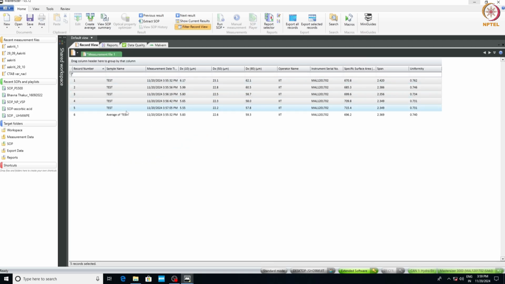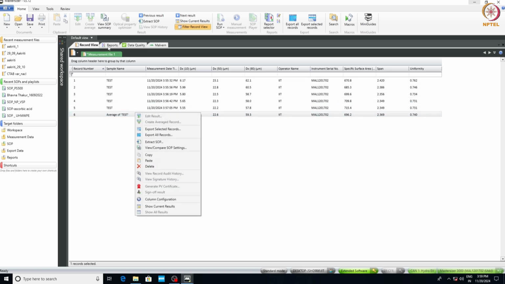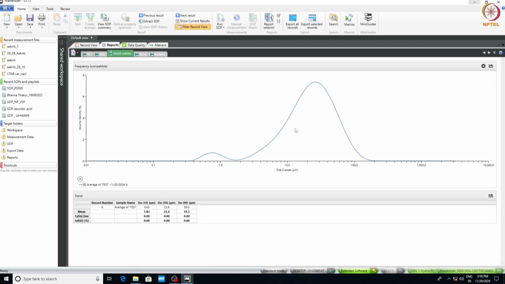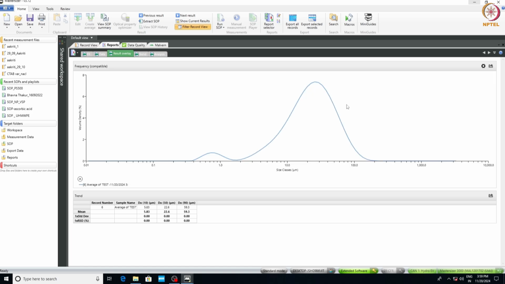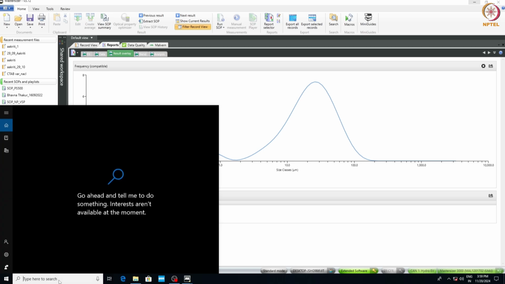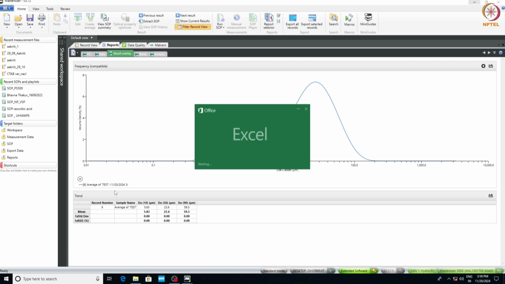Select the average values here. You can go to the result overlay and copy it as raw data or as an image as well. The raw data will be provided in a text file, which you can also paste into an Excel sheet as well.